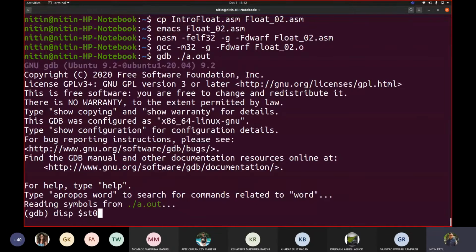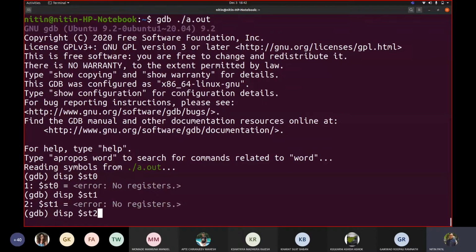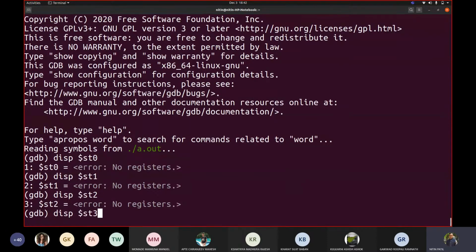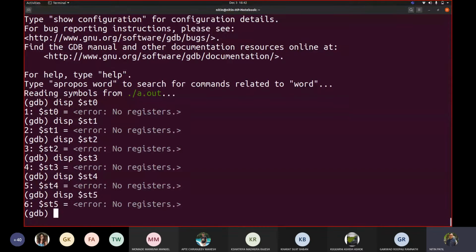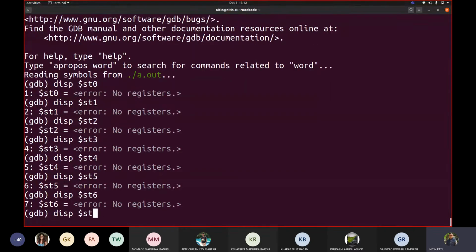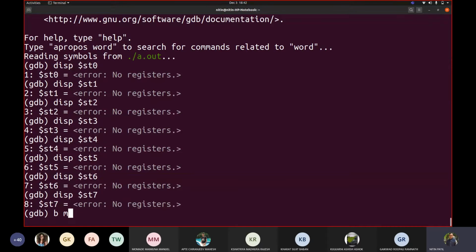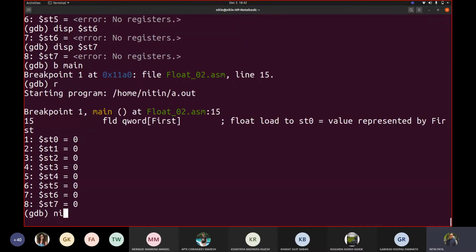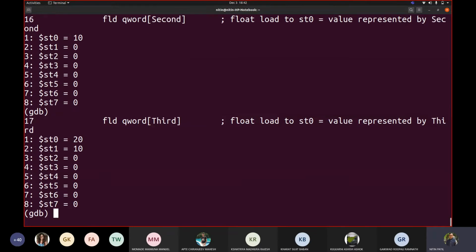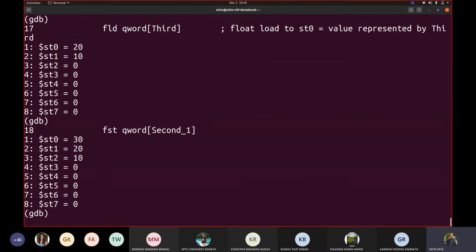Display $st0, st1, st2, st3, st4, st5, st6, and st7. Breakpoint main, run. Can we see that even? Run now. Next instruction. Can you see 10, 20, 30 added? Correct. Now we are ready to store this value into second_1.